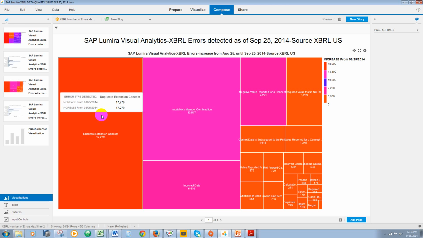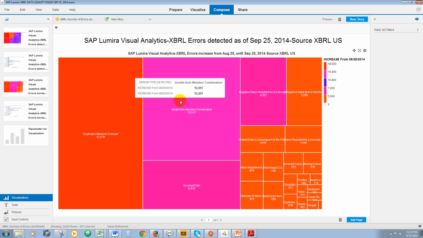So that's a huge growth rate, and duplicate extension concept means that extensions are being created although we have standard US GAAP tags. So this is affecting the comparability of XBRL data,